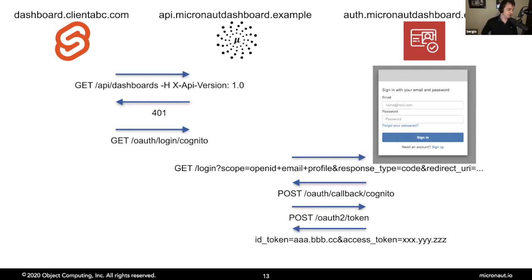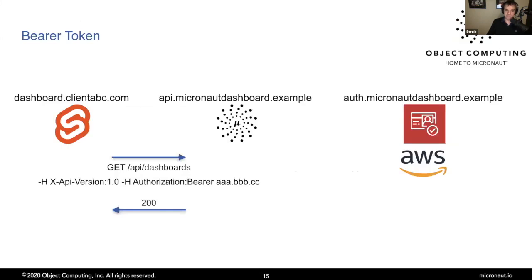And in this sample application, what we are doing is we are using the ID token directly and sending the ID token directly to the front end. And the front end in subsequent requests is going to use that token to talk to us. And it's going to send us the bearer token. And the Micronaut application, because we have configured the OAuth2 application for Cognito, we are able to take that token, validate the signature, because Cognito and all the